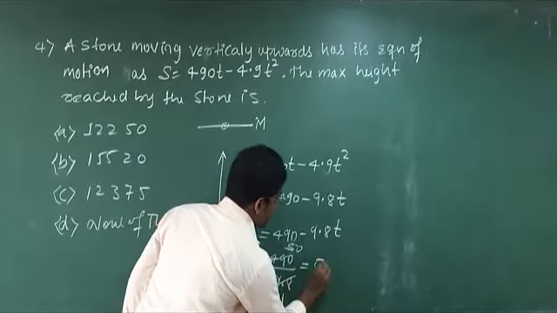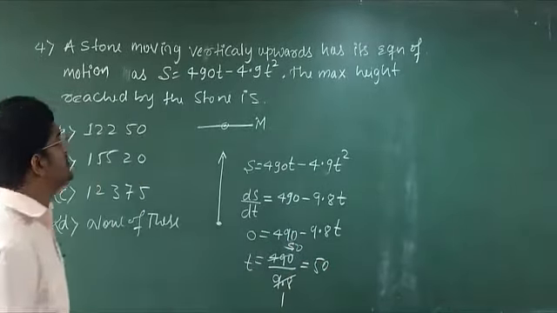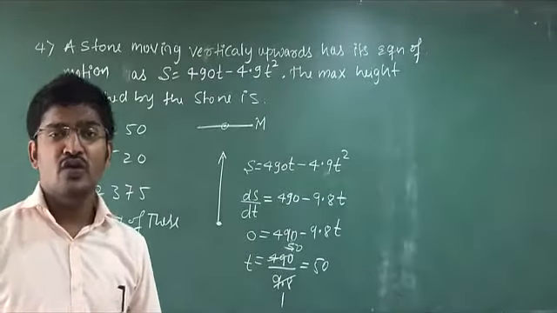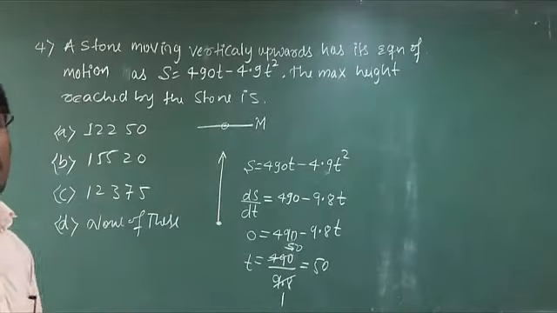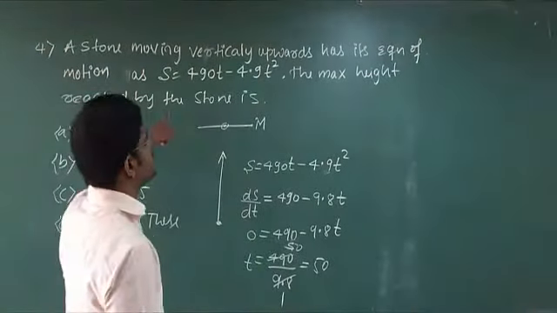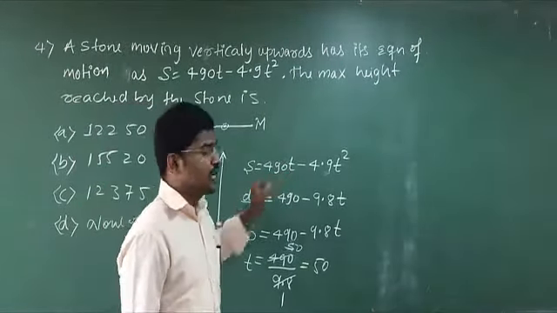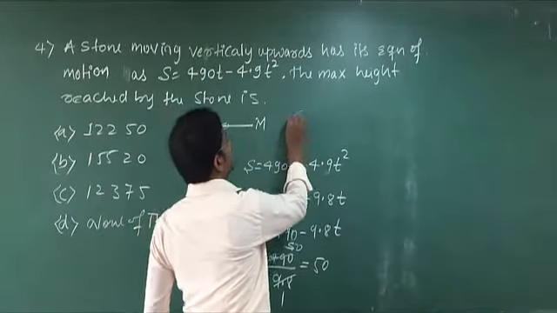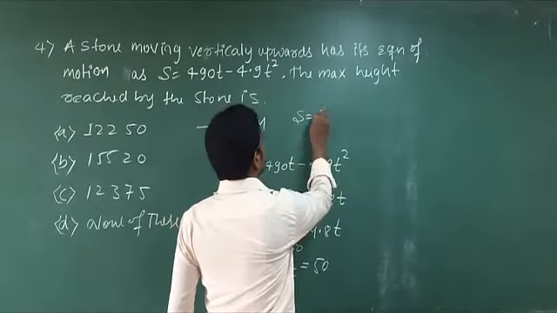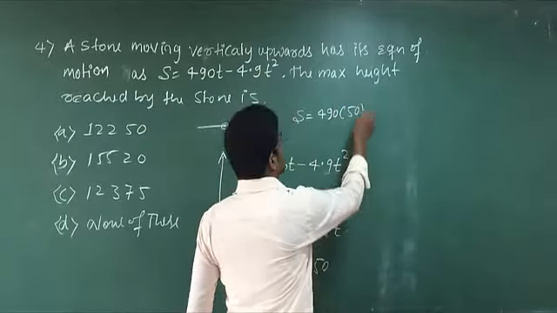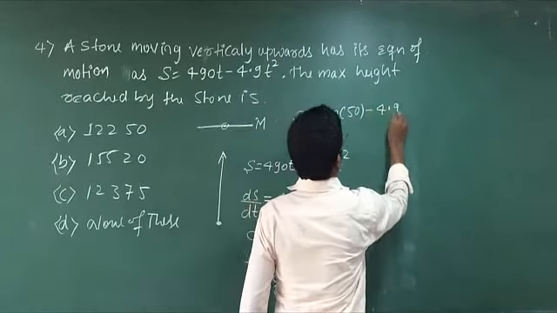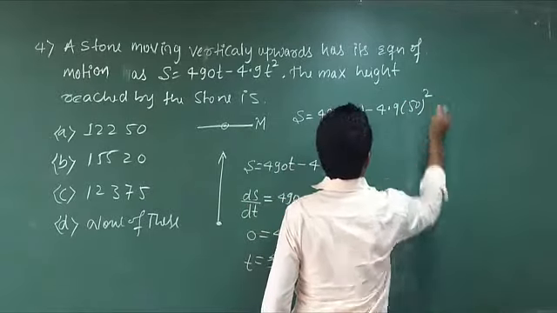So that means t equal to 50 units. So now from that t we can calculate the maximum height. Put t here. So the maximum height will be equal to